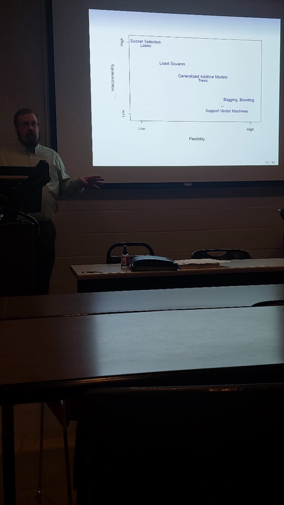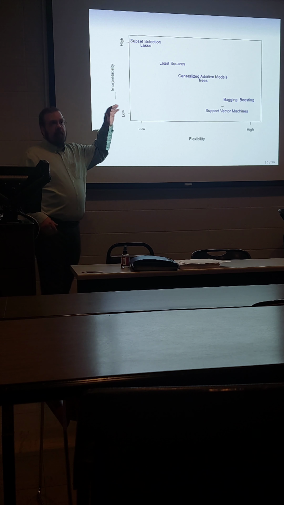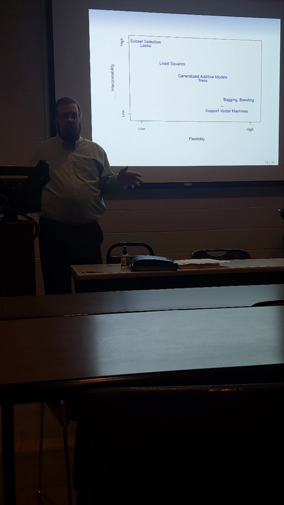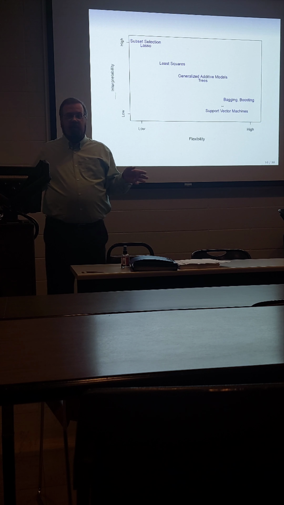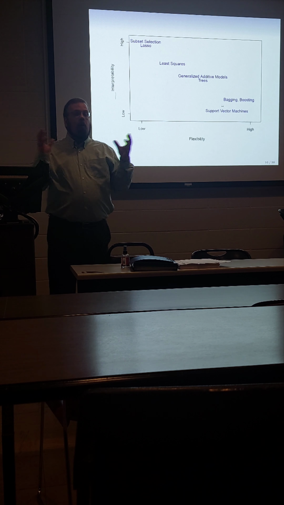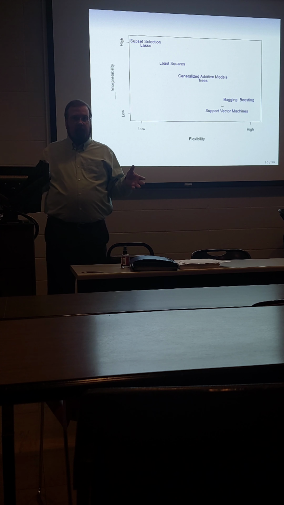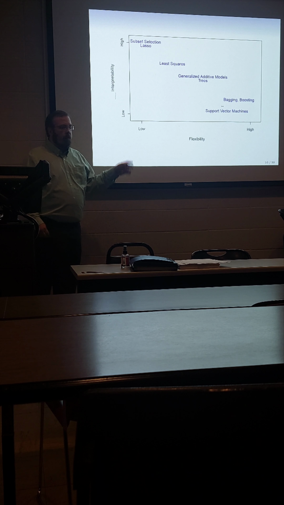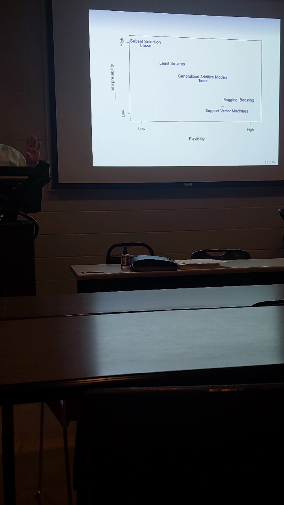So the interpretability of that system goes to almost nothing, right? It's a forest. You can't make sense of forests. But on an individual level, on an individual basis, each tree is relatively flexible and still relatively interpretable. But on a large global scope, when the system gets a lot of moving parts, its flexibility is very high, but its interpretability is low. All right, so the last one is support vector machines. We're not going to go into those in any detail at the moment, but we will talk about them at a later time. They are highly flexible. They are almost uninterpretable with regard to how they're actually making the decisions.